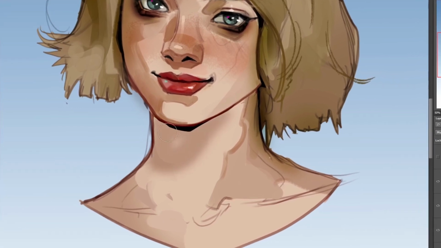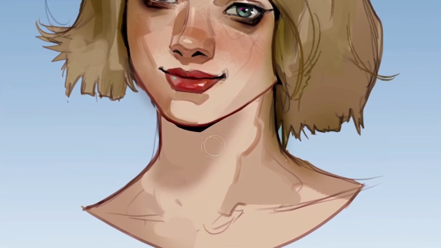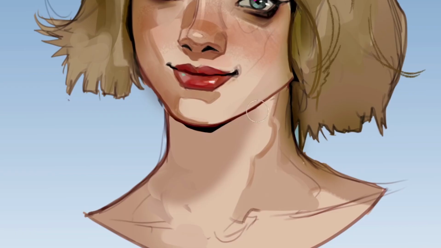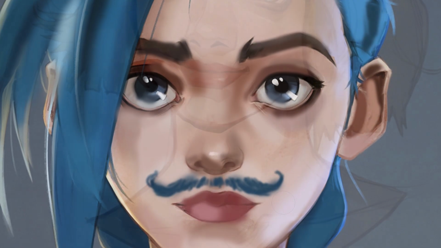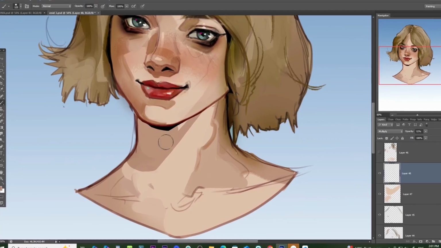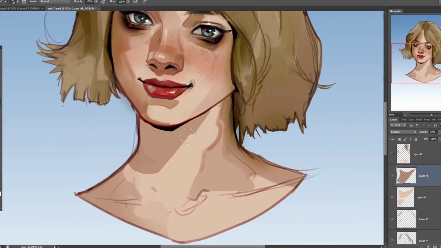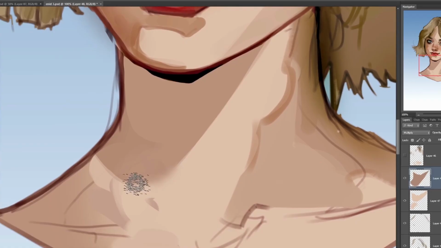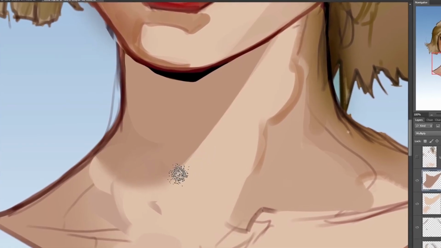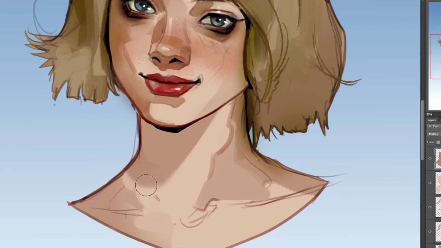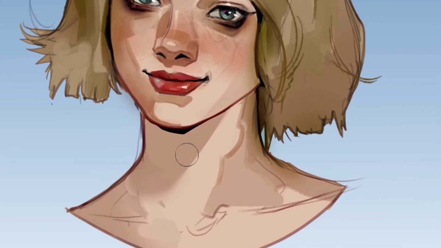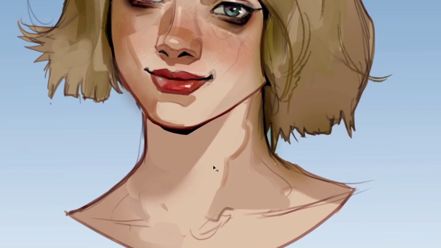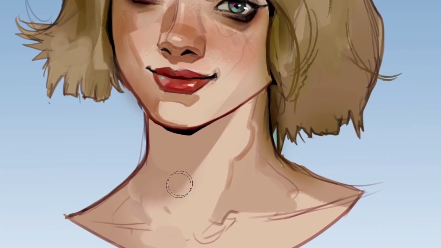It might seem like an easy way to get smooth shading, but it usually leads to overly soft, mushy results where all the edges blur together and the structure disappears. Instead, start off with a hard edge brush, block in your shapes clearly and confidently. Once that foundation is in place, then you can go in and selectively soften things using the airbrush or smudge tool, if the painting actually needs it. But the key idea here is to preserve some of your hard edges so that things don't devolve into a